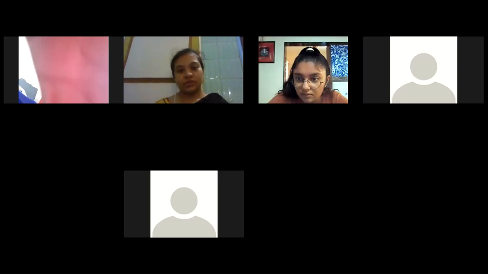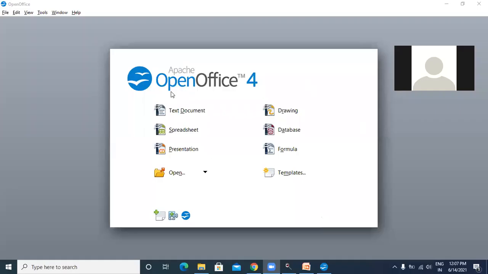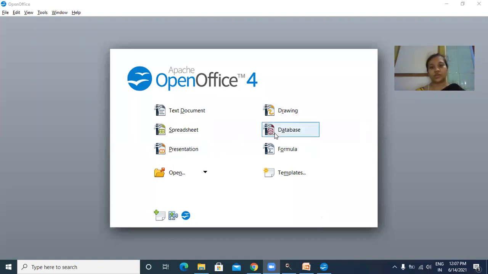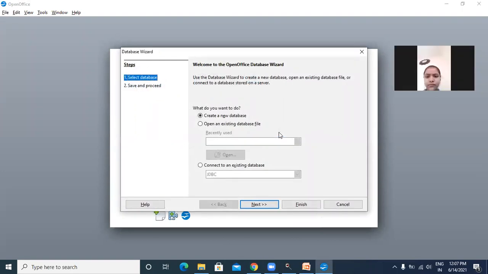Sorry. So this is the screen of OpenOffice. You can see the option of database over here. You have to click on it. Whenever you open this, you can see a pop-up box of database wizard. What is the name of this pop-up box? That is the database wizard.